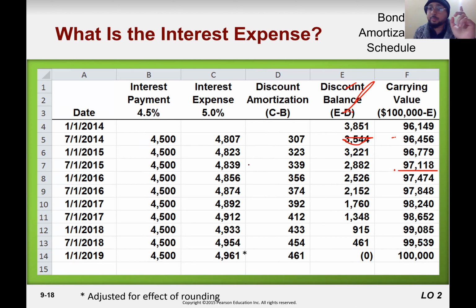Interest payment is based on the coupon, which is 4,500. Interest expense is based on the bond value. Bond value is 96,779. You multiply it by 5%, which is 10 multiplied by 6 by 12, and the answer is 4,839. The difference is 339, so you add it to the value here. 96,779 plus 339, the answer would be 97,118, and you subtract it from the discount balance, 2,882,